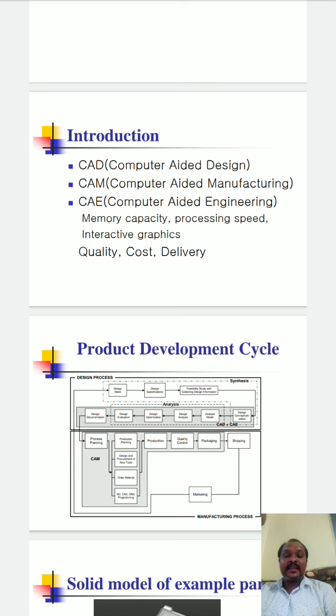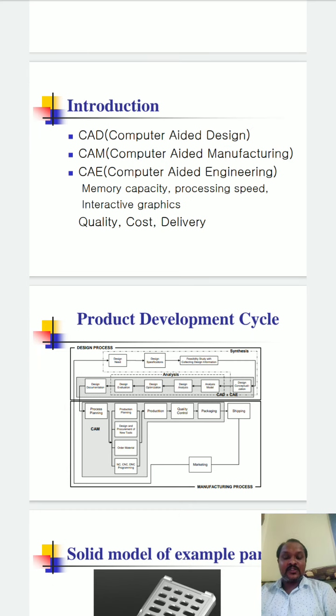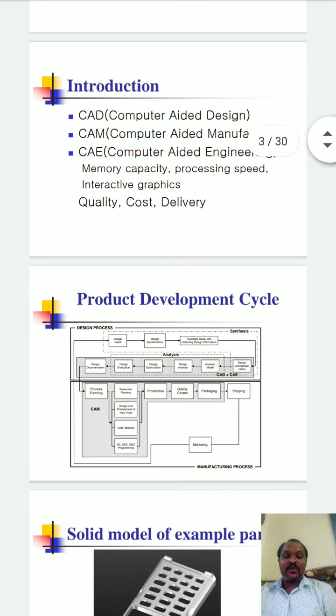Whereas in the CAE part, computer aided engineering, it shows you the complete analysis of the product or of the part. Before sending it to the market, you should know its complete capability. If we send it to the market, what problems will be associated with the product? All that will be checked by CAE, computer aided engineering. It analyzes and gives you the result, and according to the result you send your product or part to the market.